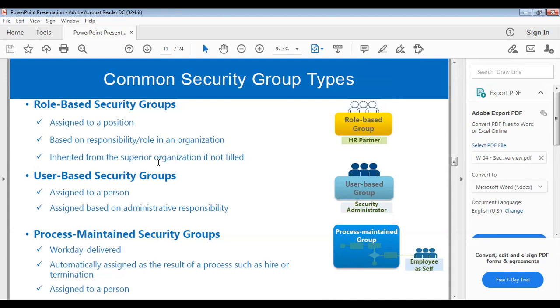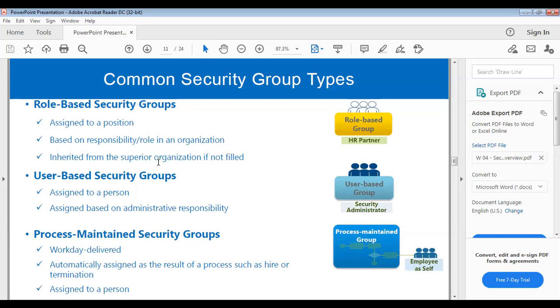Once this person changes and another person gets into this position, the security groups related to this position will be inherited from the supervisory organization. So HR partner, HR manager: role-based security groups, try to remember this.